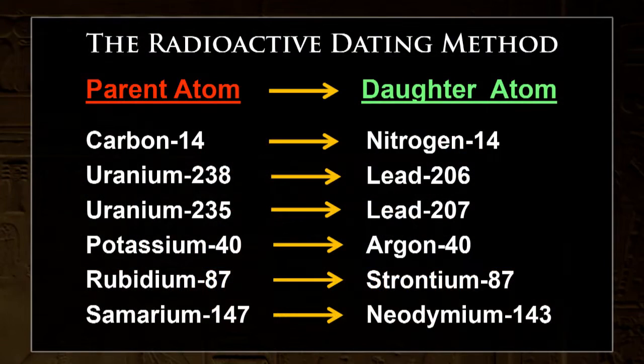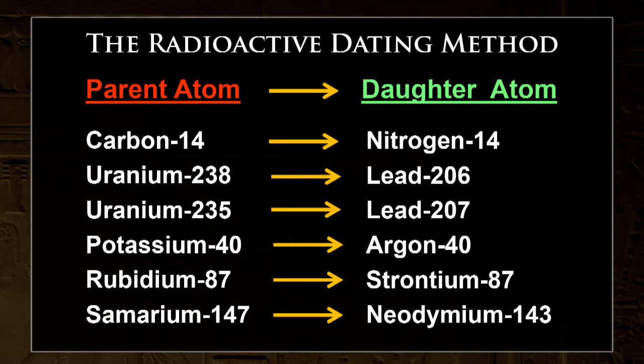They don't recognize these assumptions because they think the methods work like this: you send a rock to a lab and they chemically analyze it very carefully, and those lab results are reproducible, they're excellent, but you have to interpret. It's a chemical analysis you have to interpret. You've got the parent atoms, that's the unstable atoms, and you've got the daughter atoms, because the unstable atom decays into a stable daughter atom. And so you measure the number of parent and daughter atoms in a rock, chemically analyze it, and then you have to interpret it. What does this mean?